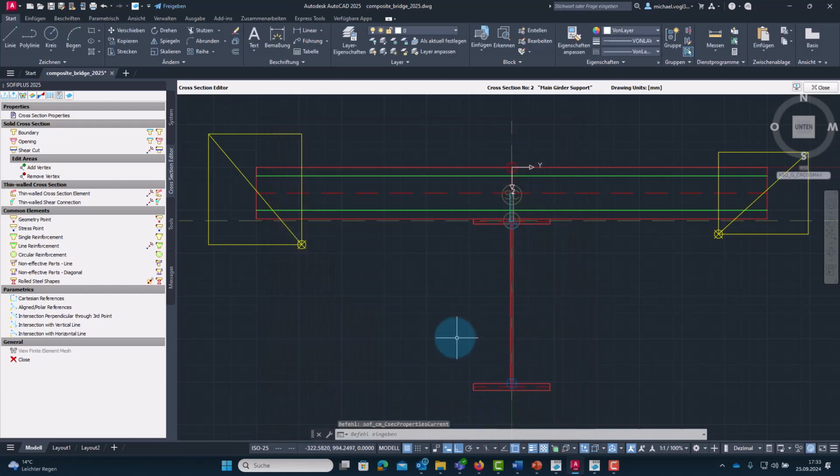Okay, now we assign this construction stage to the concrete elements, the non-effective areas and the reinforcement.